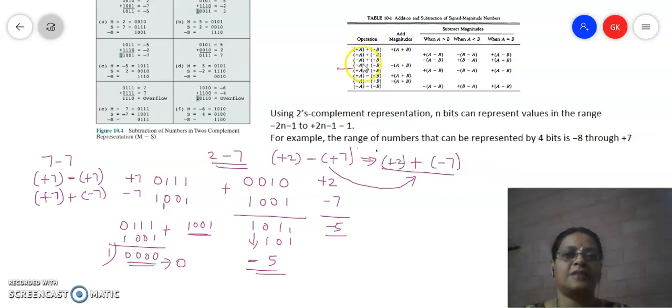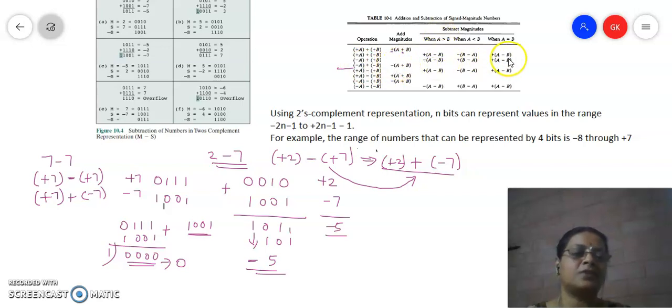So in case of addition operation, compare the signs of the two operands. If they are the same, do addition. If the signs are different, see here the second case the sign is different, third case also the sign is different, then do the subtraction. After doing the subtraction, you have to decide the sign of the result. How to decide the sign of the result? Whichever number, A or B, is greater, that sign has to be attached. When you are adding, you'll be putting the plus sign for the result. And here when you are adding, both the numbers are going to have minus signs, so minus is going to be attached.